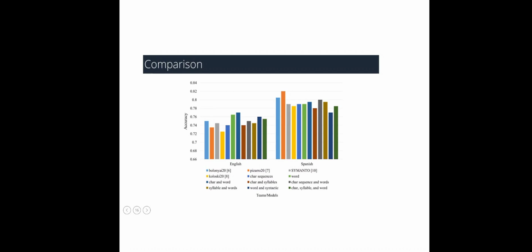If you want a better comparison, you can see our proposed model: in English we improved and we got the best result among all. But in Spanish we obtained a better result compared to the baseline, which is Simanto, but there are still two models that outperform our model in Spanish. But if you consider the average, we obtained the best result among all the teams in the competition. So this shows the effectiveness of very simple models,